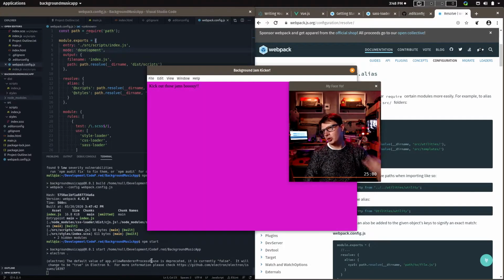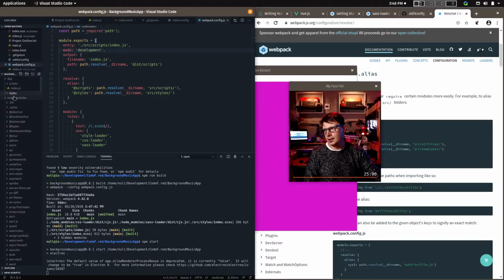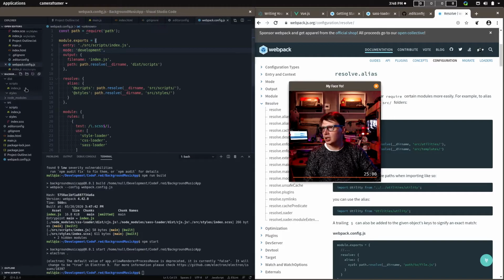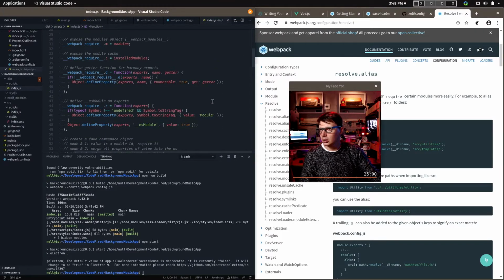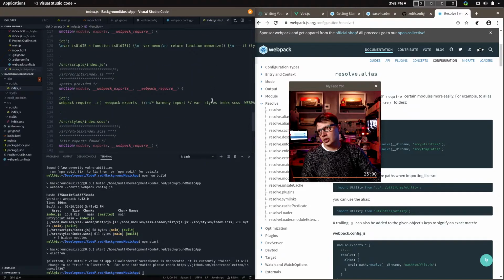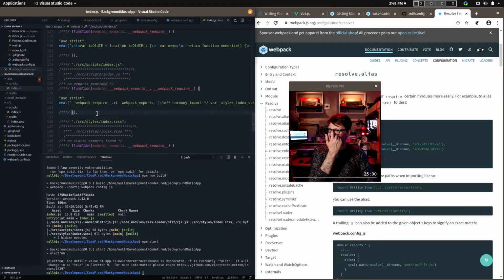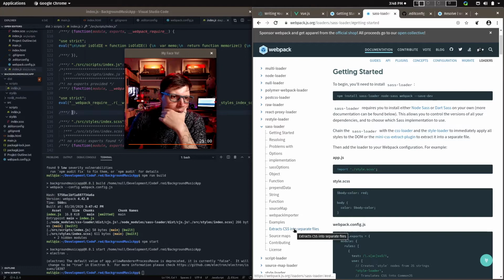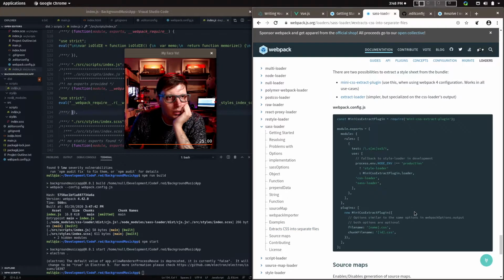Cool. So it is importing it, but as you can see here, it's not actually outputting the style, which means that it's embedding it inside the JavaScript, which I don't really want to do. I don't really like that. Now, fair enough, I'm not serving this over the web or anything, but my OCD is going to get the better of me. So there is a way to extract into separate files, which is